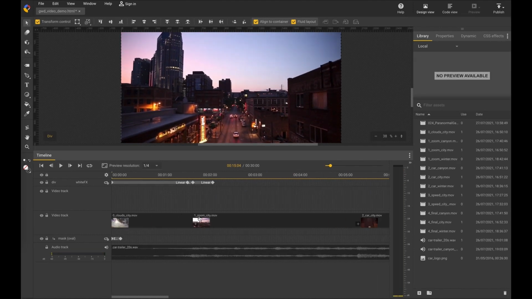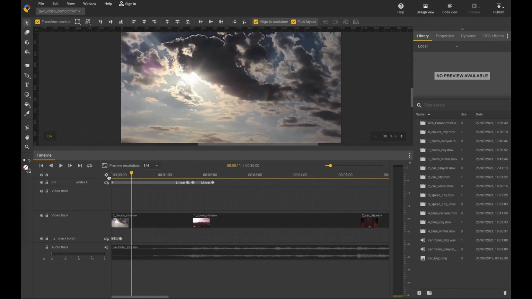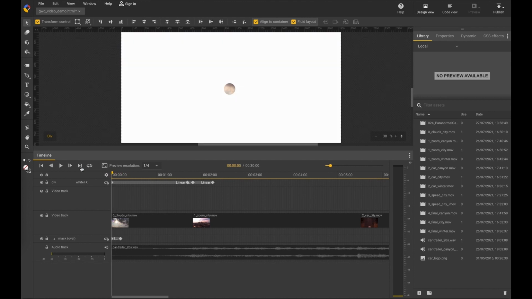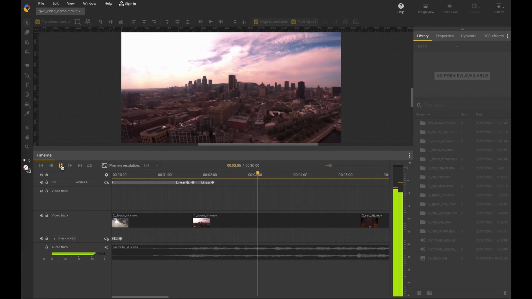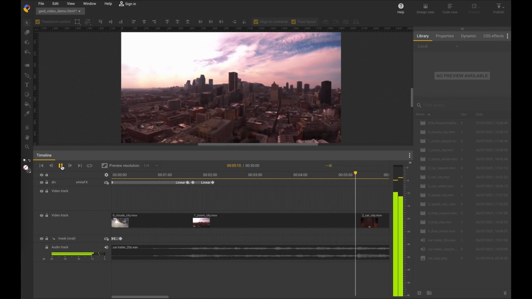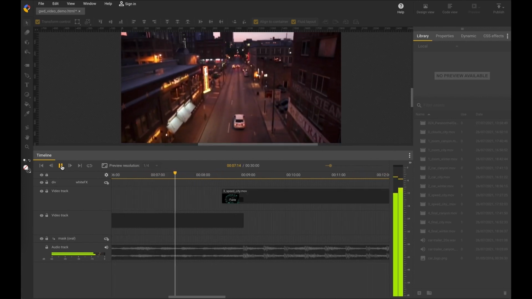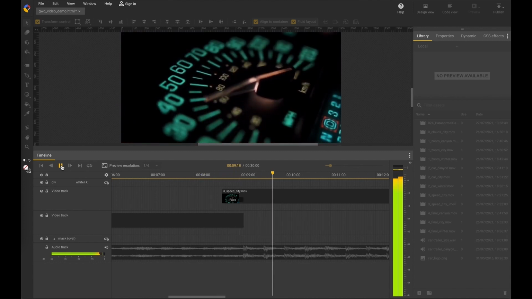Which means I can compose my editing now on a visual basis. I don't have to watch the video all the time. You can see where the drums are. There is a peak on the soundtrack again. And now the bass drum. It's coming good.